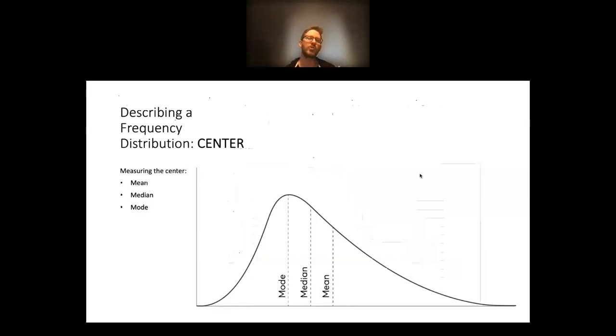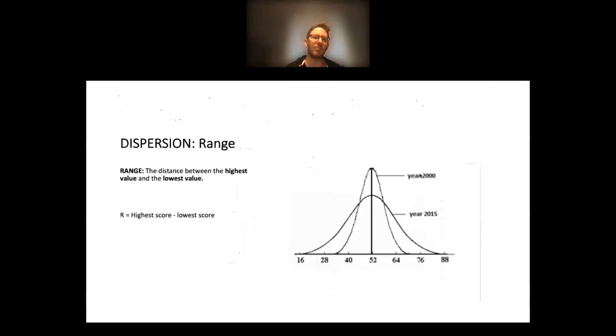So when we're describing a frequency distribution, we're trying to both describe where the center of that distribution is, and that is where we covered mean, median, and mode. And we're trying to describe the dispersion, so how wide, how far away from that center, and is it equal on each side, or is there kind of a skew? So the first dispersion